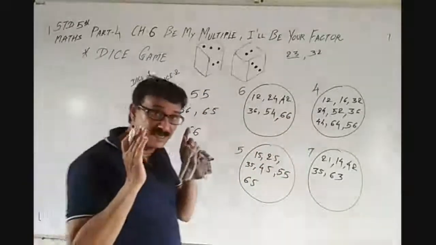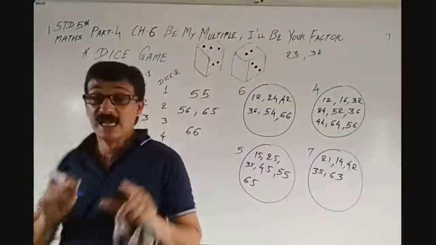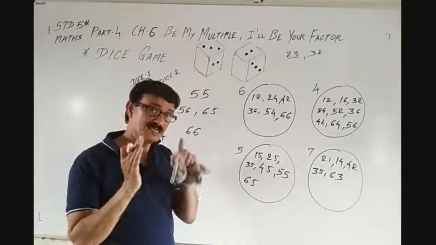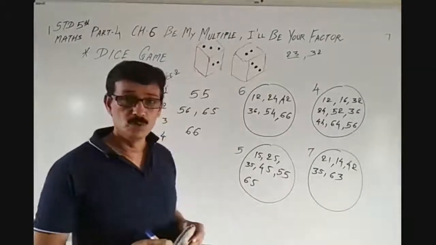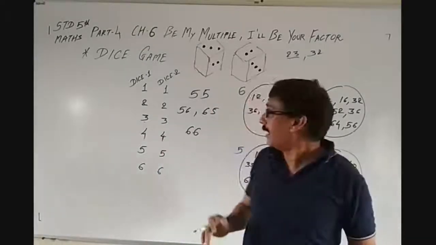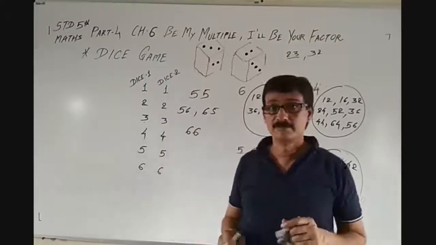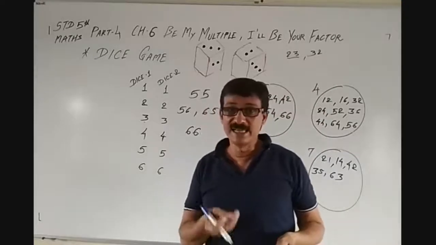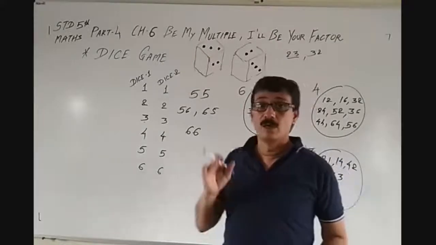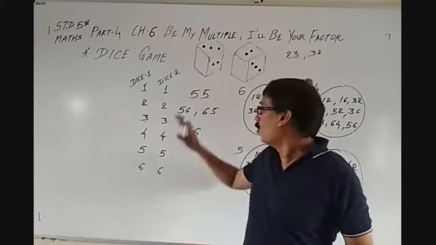So we did this activity so that you could come to know, if there is a number like this, where you will put this number in this one. Okay, that is why we did this activity. Now what you will do? You will play with your friend or any of your family members, and go for 2 dice. I hope it must be available in your home. You must be playing some other games also with this dice, isn't it? So play with any of your family members or with your friend and go for this activity.